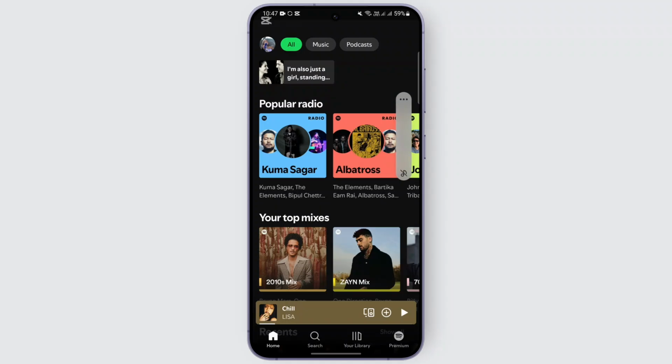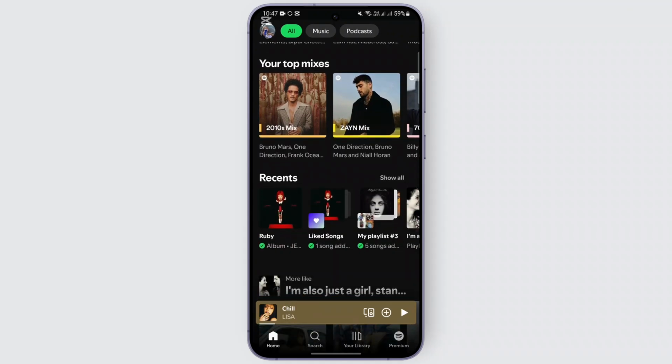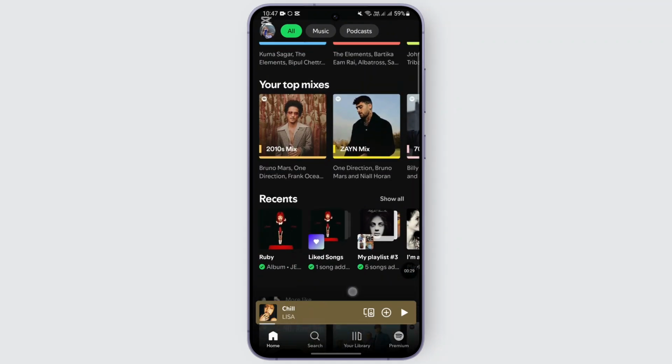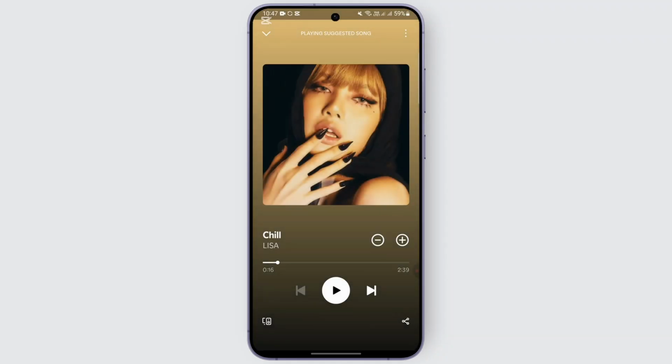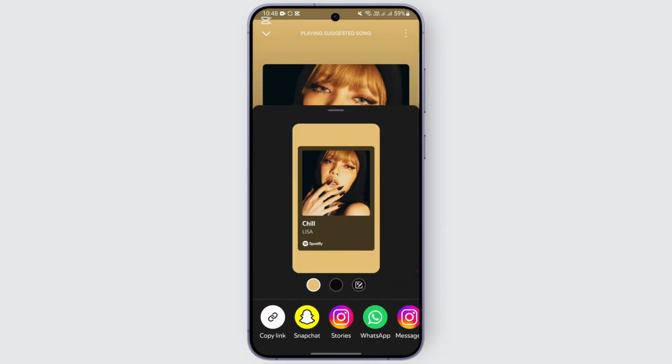So from here, what you can do is go ahead and locate the video or the album, the song you would like to share on your Instagram bio. For example, this song right here. So all you gotta do is locate the song, and in the bottom you should be finding a share option. You may tap on it, and then once you do, you should be finding an option to copy link. You may go ahead and tap on it,